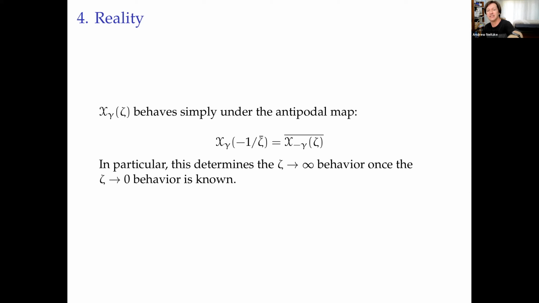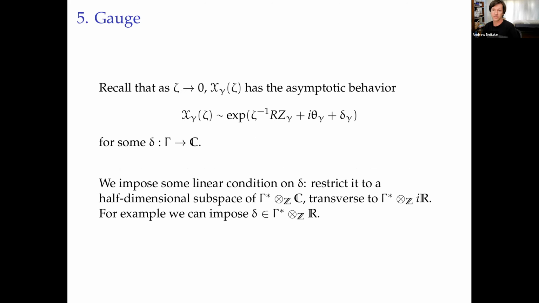Let me just say, as an advertisement for the next talk, that this is the place where this story really differs from the story that Tom Bridgeland and others are investigating now. There's another version of this Riemann-Hilbert problem where you don't put this reality condition, instead you put something else. But for the application to real hyperkähler geometry that we're talking about, we want that reality condition.